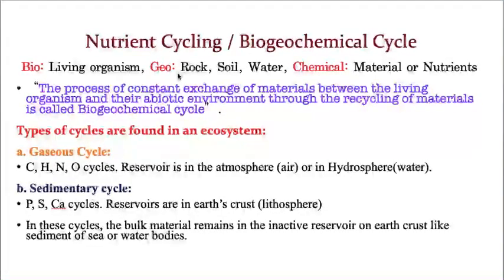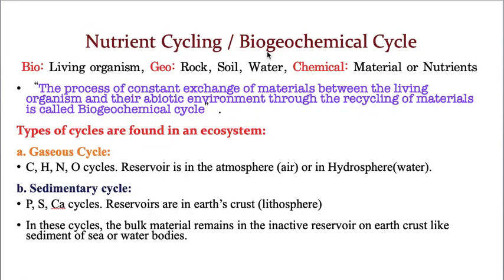Now by the decomposition it entered into the soil. Now the soil is what? Abiotic. Now again from the soil these plants are absorbing these nutrients. So that means the exchange is clearly shown. Am I correct or not? That is why I am telling you, biogeochemical means this constant exchange in the atmosphere. There must be a constant exchange of these nutrients, then only this earth globe can be maintained.